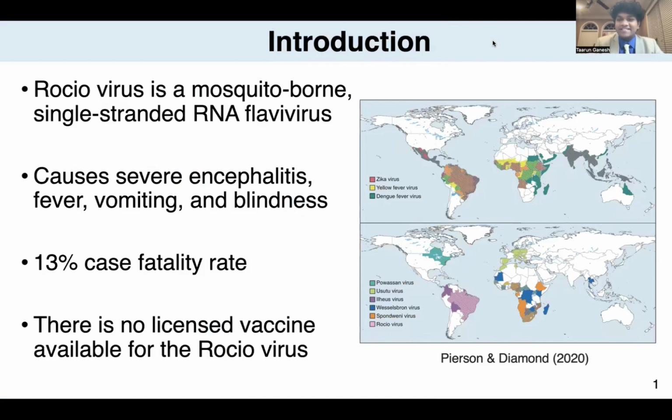The rotavirus is a mosquito-borne single-stranded flavivirus that initially appeared in Brazil in 1975, and it caused severe headache, encephalitis, vomiting, and blindness, among other symptoms. And in the 465 infections it caused, 20% of those patients were affected neurologically, and there's also a 13% case